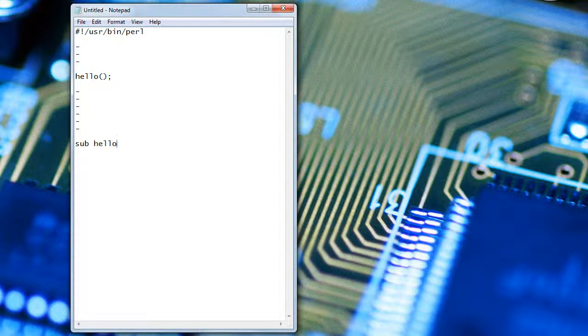We just write sub space hello to write the body of this hello function, and after that we have to give curly brackets, and then we can write any sort of implementation for this body, like we can do prints, we can do calculations, or we can do anything inside that function body.